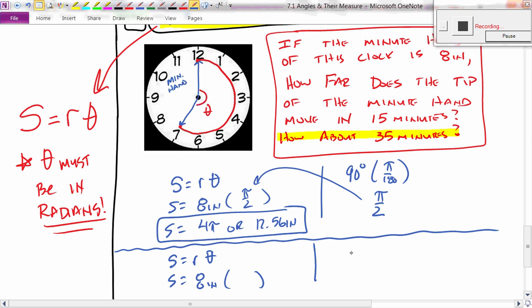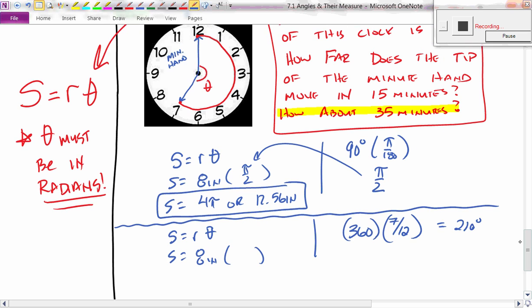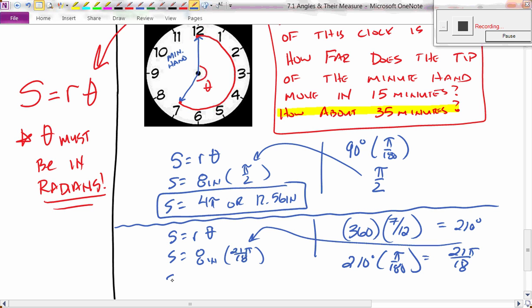You could also do 360 degrees total, multiplied by 7/12, because there's 7 out of 12, and that also gives you 210 degrees. Now I need to take my degrees and multiply by pi over 180, and that gives me 21 pi over 18. Now I can dump that answer into my formula, 21 pi over 18, so my S is approximately 29.32 inches. That's how long that distance